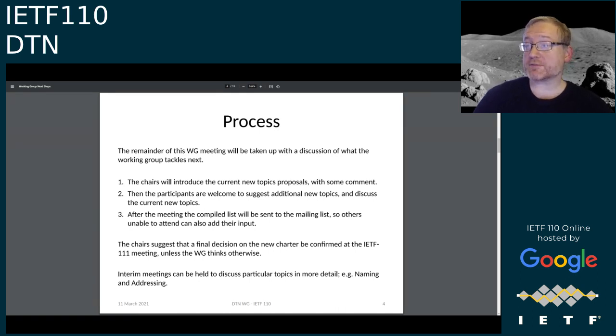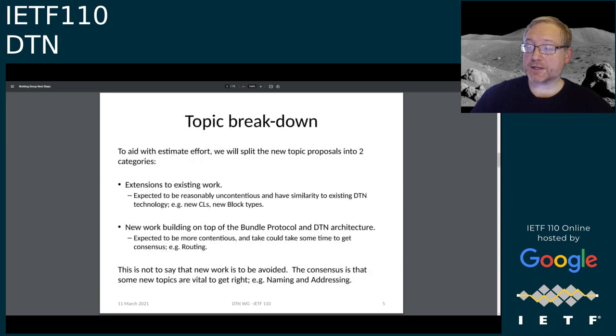Then when this conversation is done, we will take the compiled list out to the mailing list and finish it there, where we would have the entirety of the mailing list and not just the folks who were able to attend today. And then, of course, the hope is that we will suggest that a final decision on the new charter be confirmed at 111, unless we think that we need more time based on the mailing list conversations. Additionally, it is likely that we may need additional interim meetings to talk through these things, and if so, we can certainly get them scheduled. Last part, and then on the next slide,